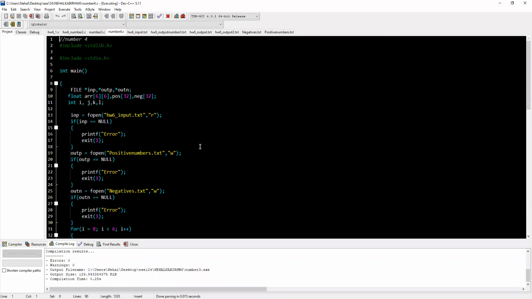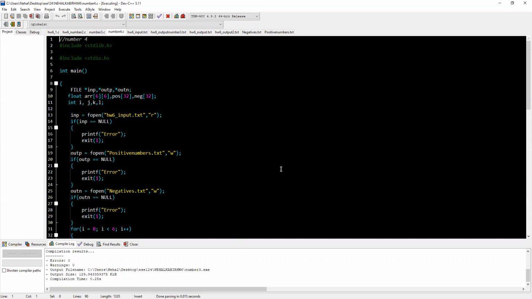I have to check. So this is homework 6, number 4. Let's read what it is. Extend the program in exercise 1 to separate the positive and negative values into two separate 1D arrays and save the 1D arrays in separate output files. So that's simple enough. To just give you a brief overview of that, we have the input file, and then